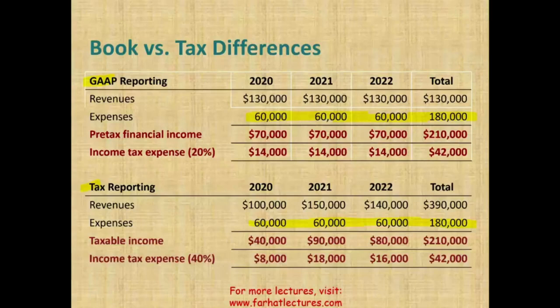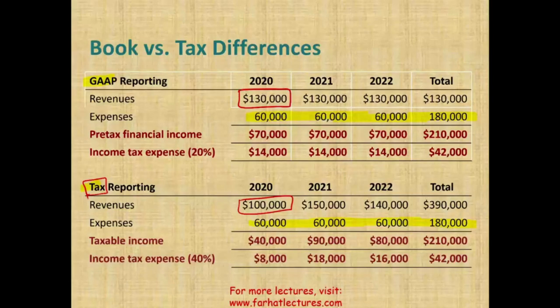The reason we do it this way is to illustrate the point, initially, that you need to have a fundamental understanding of the deferred tax asset and the deferred tax liability in order to understand it. Duh. Yes, you need to understand something in order to understand it. And that's the purpose. So notice, let's go through the IRS again. For tax purposes, they reported $100,000 revenue. For GAAP purposes, they reported